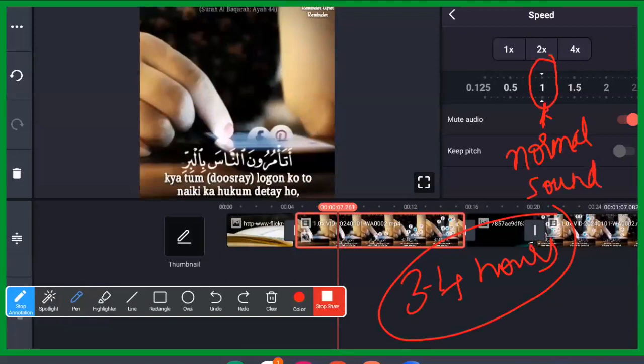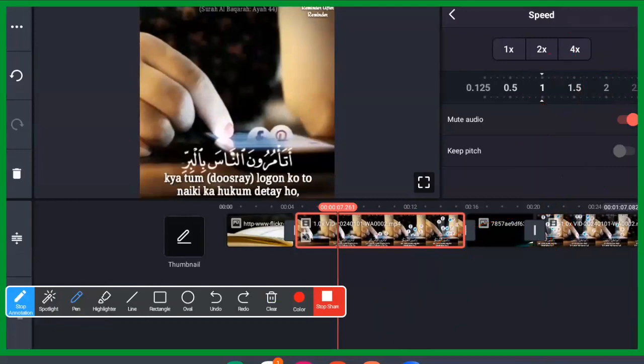If you move this towards the right, what you will get is 1.5. This 1.5, this 2, is actually the fastening of the sound. It will make the speed increase. That will actually increase the speed of the sound in the video, or the video itself will